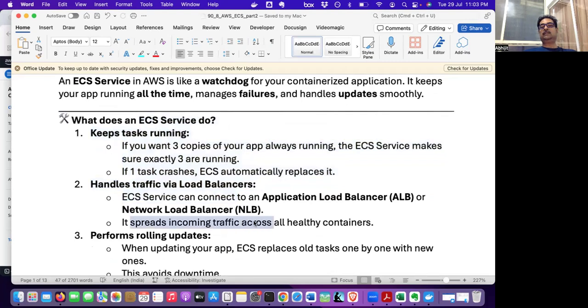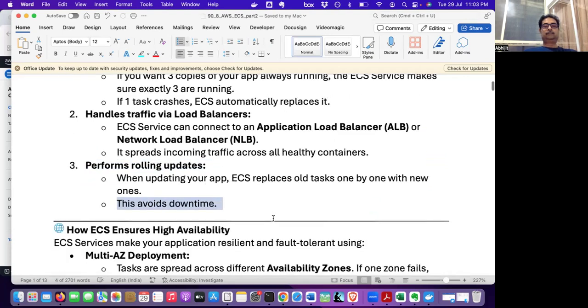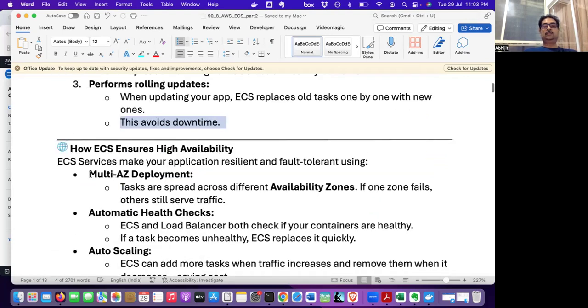It spreads incoming traffic across all healthy containers. And the third one is it performs rolling updates, so this avoids downtime. And also, an ECS service makes your application resilient and fault tolerant by deploying